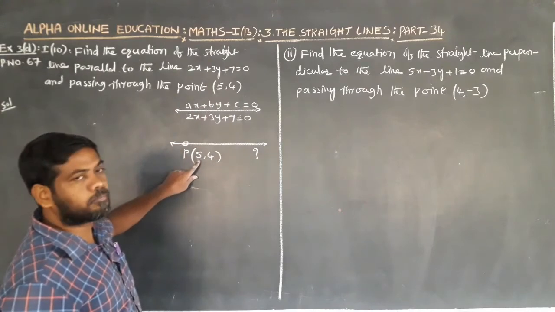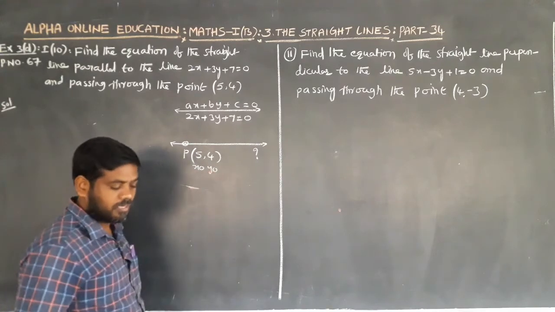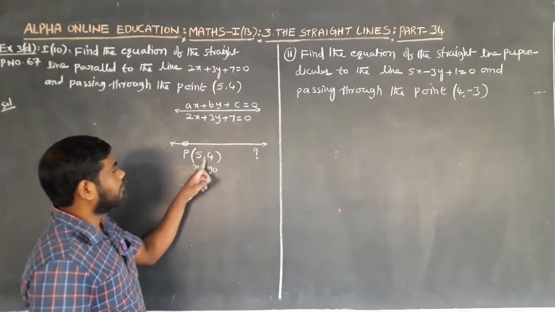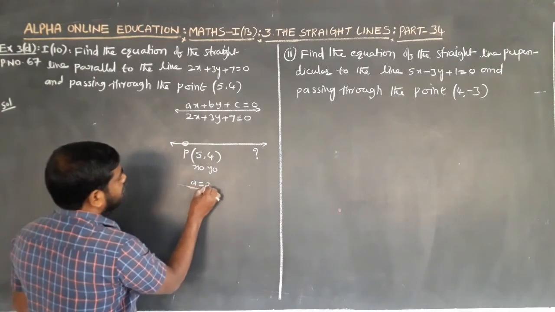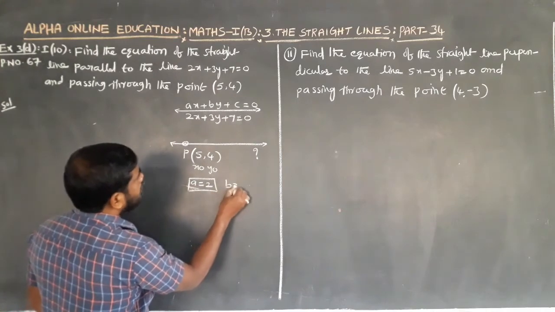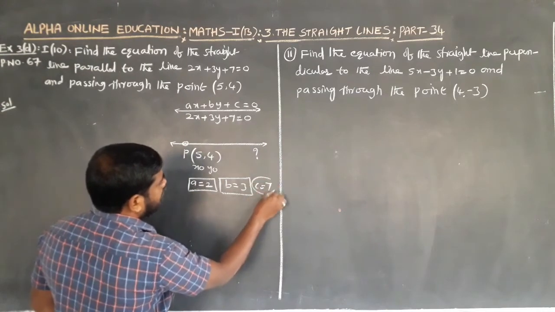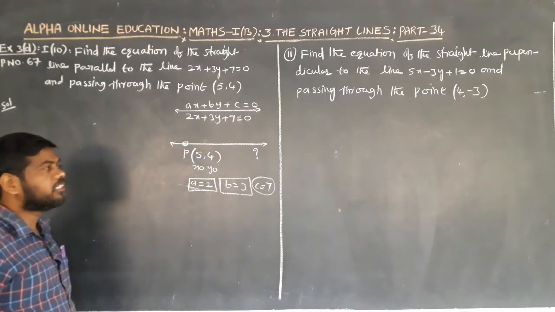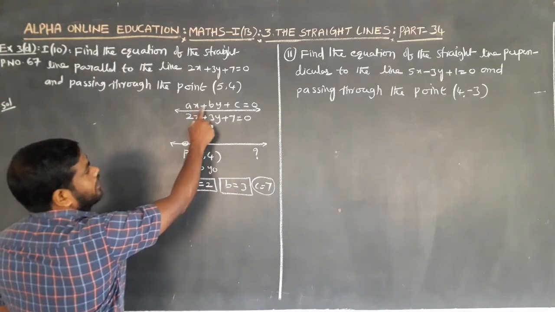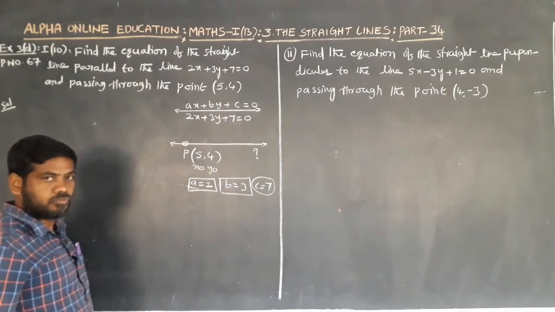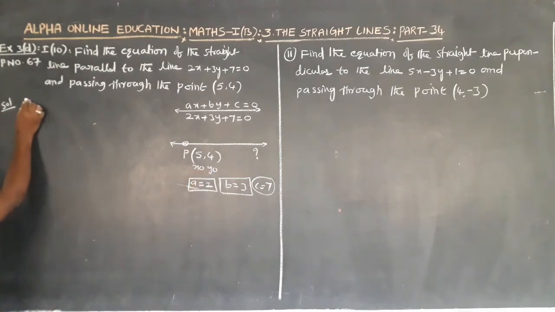Again, passing through the point 5 comma 4. Let the point be x naught, y naught. Here a is equal to 2, b is equal to 3 and c is equal to 7. Here, by using the formula, the equation of the straight line parallel to the line ax plus by plus c is equal to 0 and passing through the point x naught, y naught is